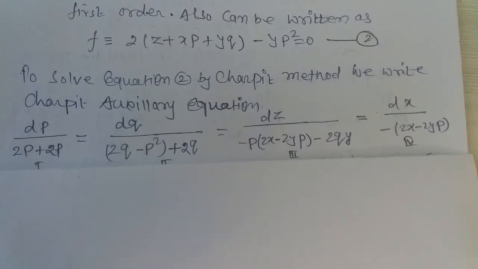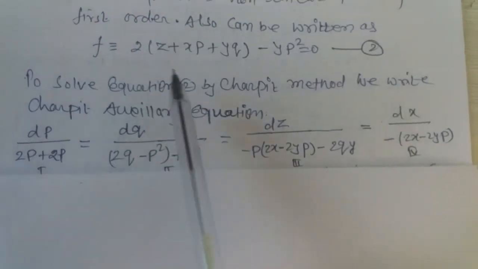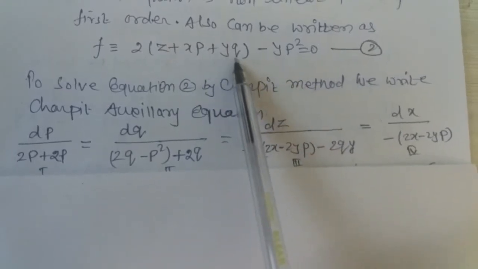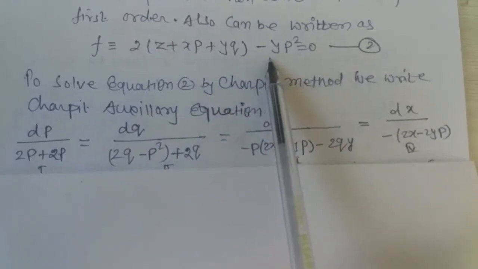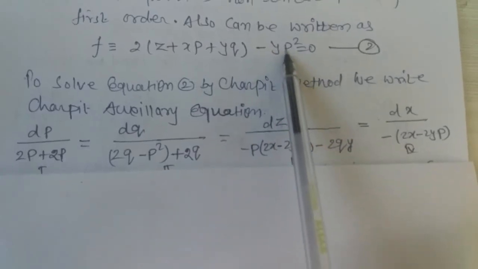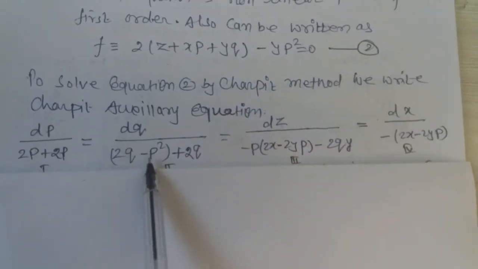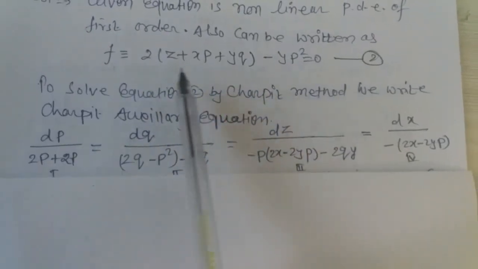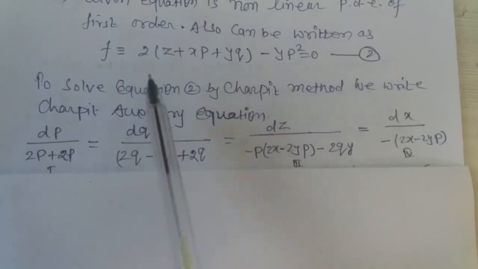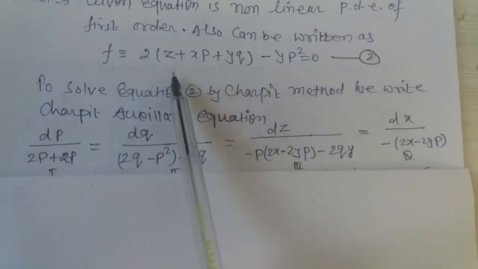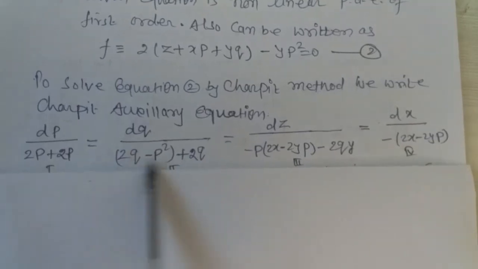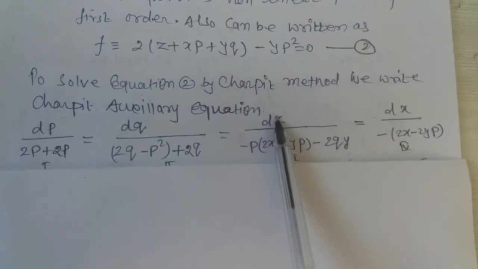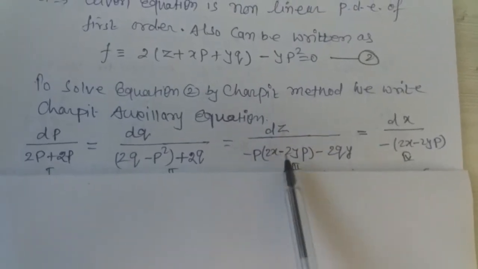del f by del y. So del f by del y, the partial derivative of f with respect to y, we get 2q from here and minus 2p square from here. So 2q minus p square, plus q del f by del z, again the partial derivative of f with respect to z, we get 2. So this is q del f by del z, equal to dz upon